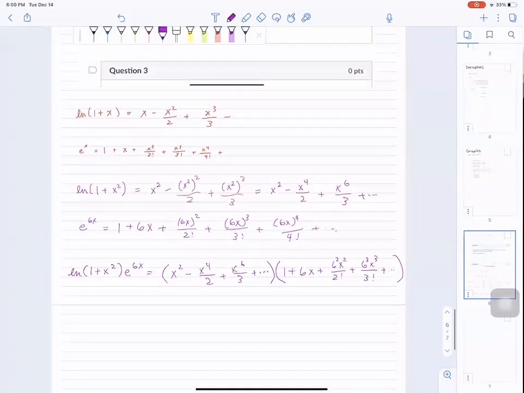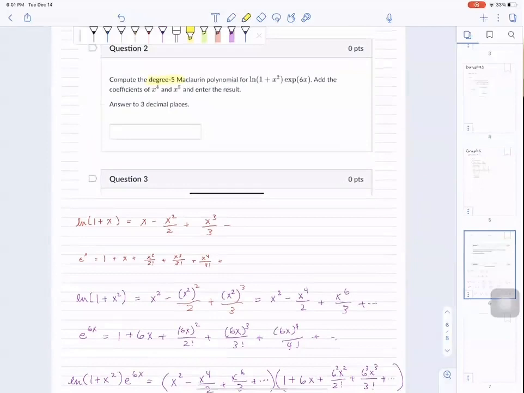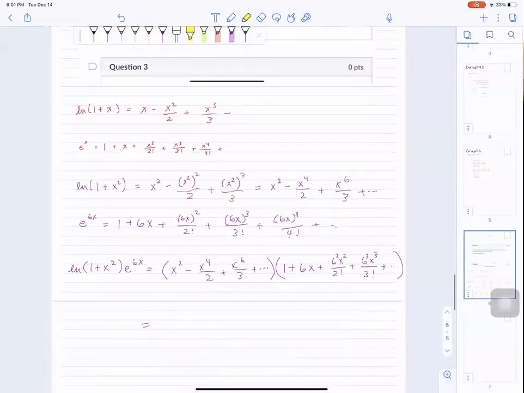Okay, and now what does the question say? We only need up to degree 5. So let's start FOILing. And each time we get above a degree 5 term, we can stop that process and move on to the next term. So I'm going to start in green. We get x squared